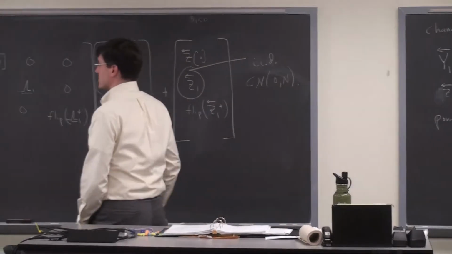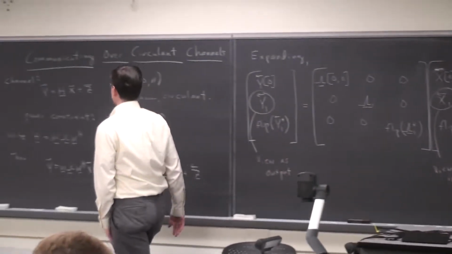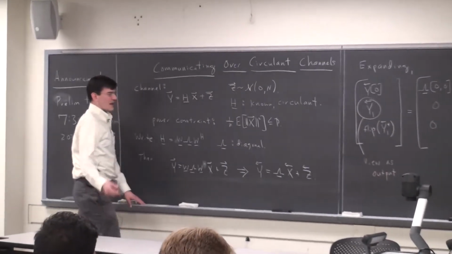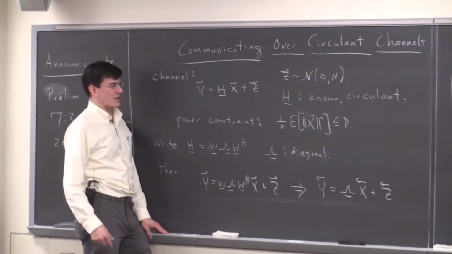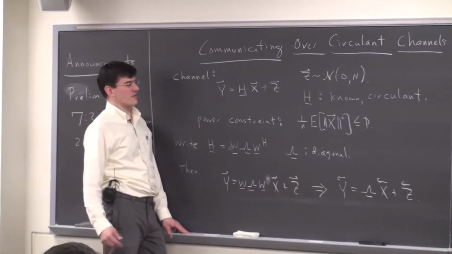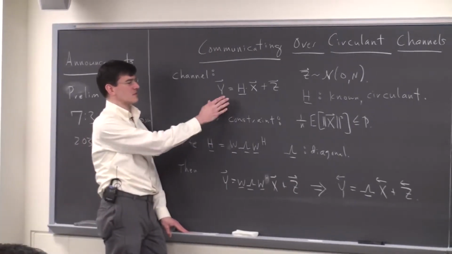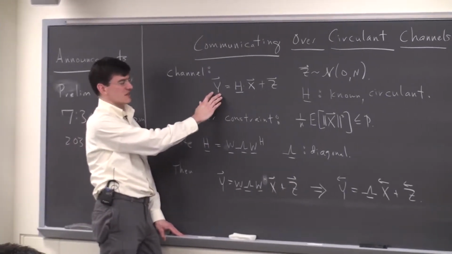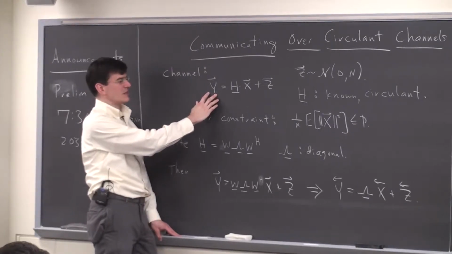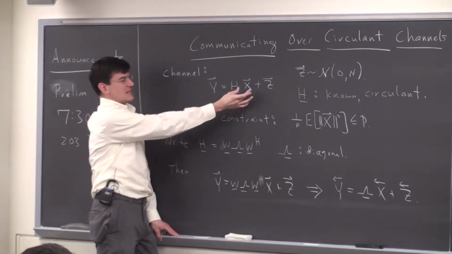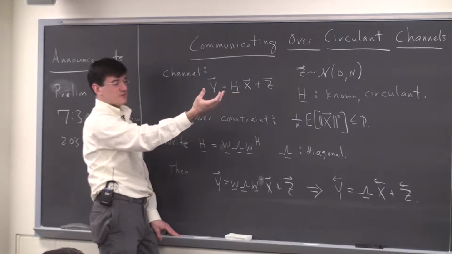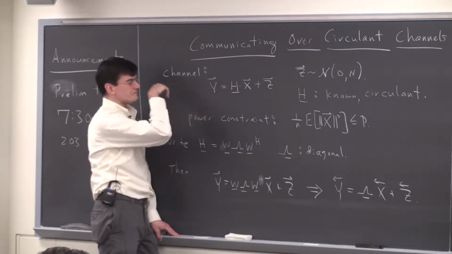So before we get to all that, let's recap where we were. We're talking about how to communicate over increasingly sophisticated channel models. The model we left off with last time was of the following form. The channel output, y, think of this as like a wave file. It's a big vector of samples. y equals Hx plus z. x is like the input wave file that you send to the comm cloud. You think about it that way.